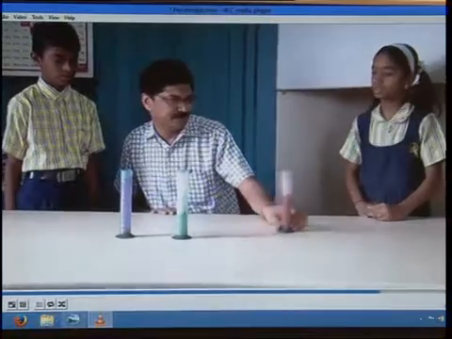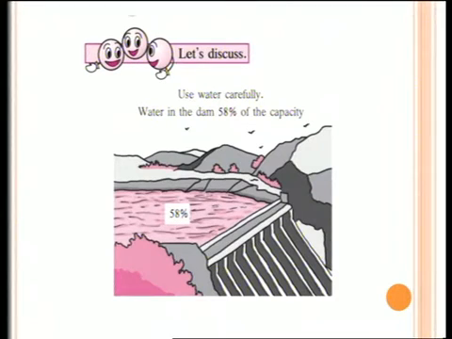Very nice. Sir, there is a picture of a dam in the textbook. What is expected over there? Actually, in the daily newspaper, our students or we ourselves read about the water crisis in Maharashtra in recent years. Lack of rainwater, so that